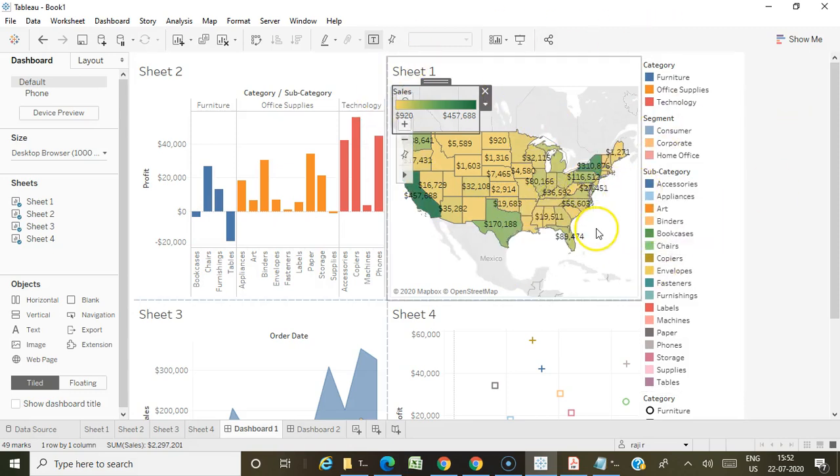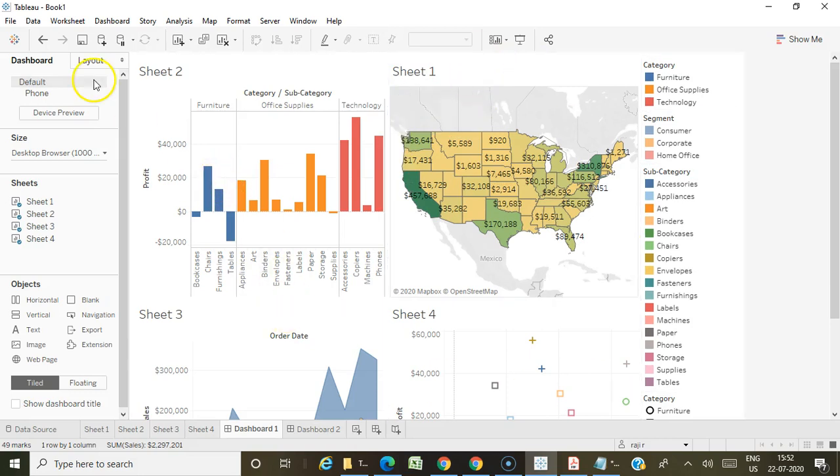Okay, and they will ask you to identify, in this, which is the tiled container, which object is tiled and which object is floating. So the graph which we have placed, that is your map, is in the tiled container and the legend is floating. So you will be getting questions like this. Okay, they will be giving you a picture where you have to identify which containers are in the tiled position and which containers are in the floating position. So just have a look at how the objects will be when it is floating and when it is in the tiled layouts.